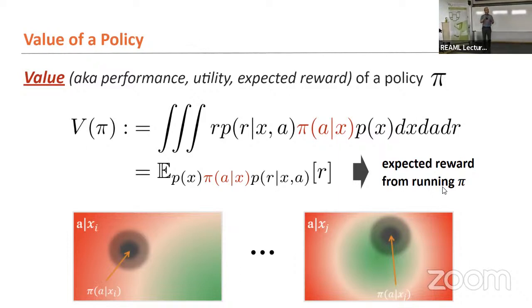Otherwise, I think what we'll talk about in terms of the learning problem actually matches what you're thinking about. So far, I've just described where my data comes from. The data comes from this operational system. There was some policy running on the system that collected the data. It took certain actions, didn't take other actions, and for the actions that the system took, I will observe the reward. And later we'll use this data to do learning and try to optimize the policy to be particularly good at maximizing reward.